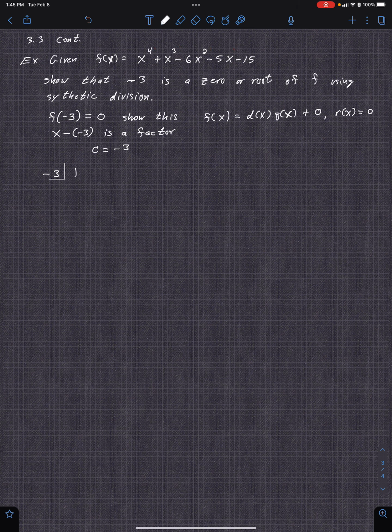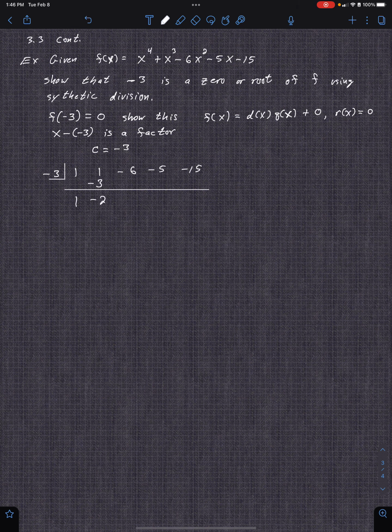So 1, 1, negative 6, negative 5, and negative 15. And then you leave one character space so you can put values in there. You bring down the 1, and then multiply,